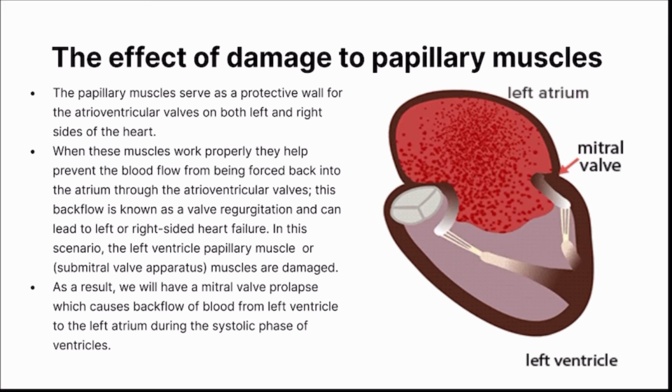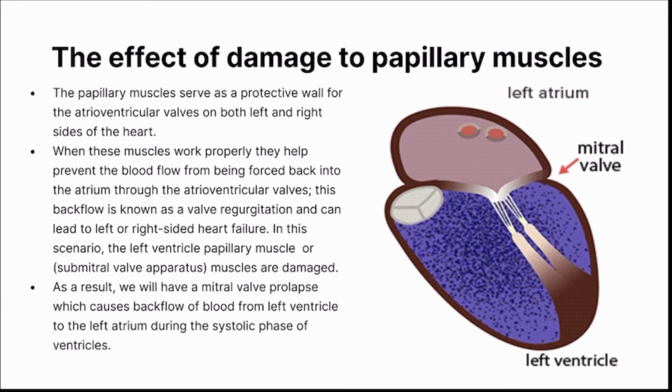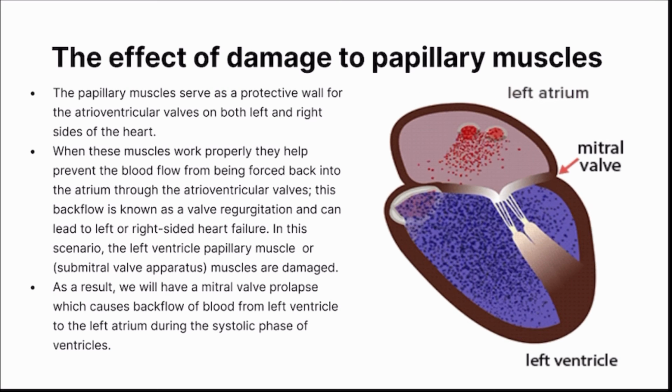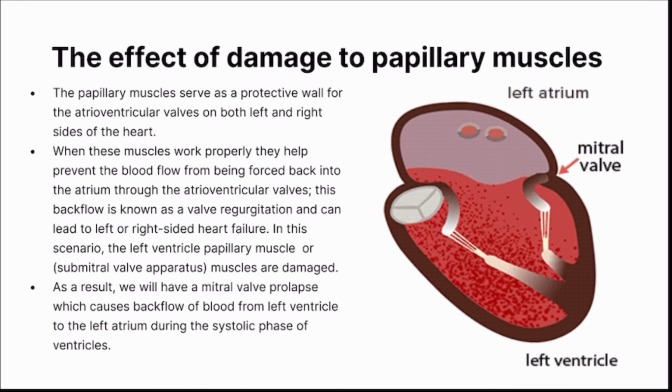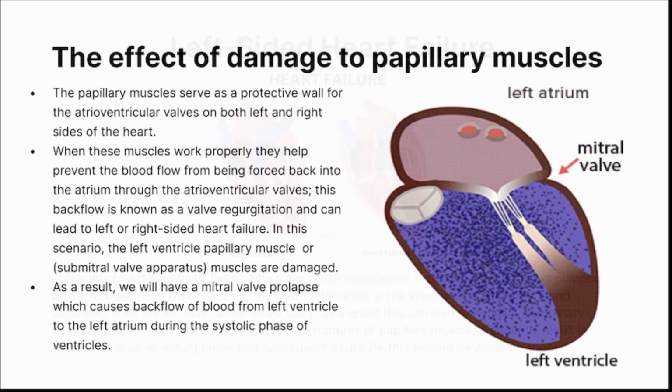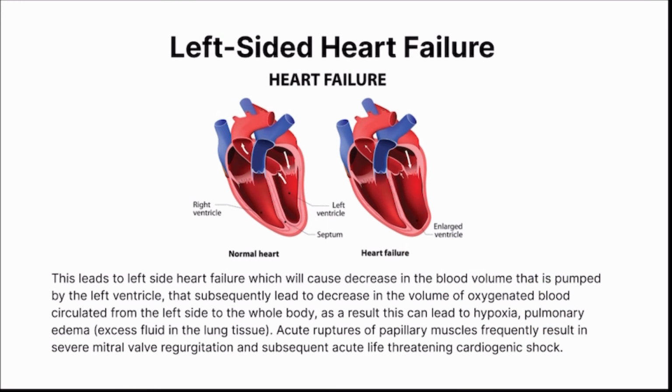In this scenario, the left ventricle papillary muscle or submitral valve apparatus muscles are damaged. As a result, we will have a mitral valve prolapse, which causes backflow of blood from the left ventricle to the left atrium during the systolic phase of the ventricles. This leads to left side heart failure, which will cause a decrease in the blood volume pumped by the left ventricle, that subsequently leads to a decrease in the volume of oxygenated blood circulated from the left side to the whole body. As a result, this can lead to hypoxia, pulmonary edema, which is excess fluid in the lung tissue,